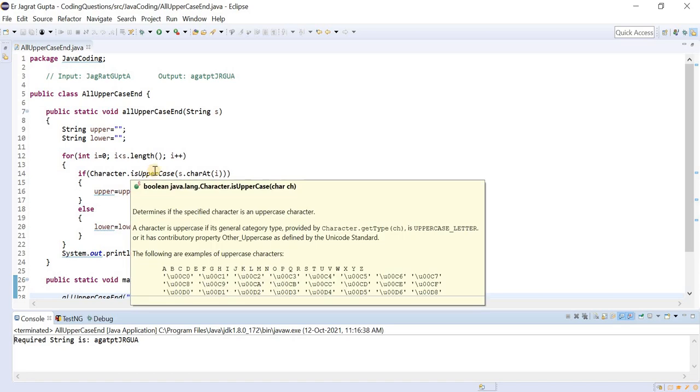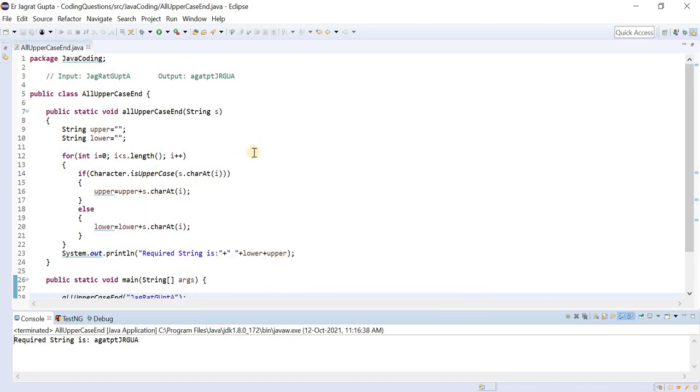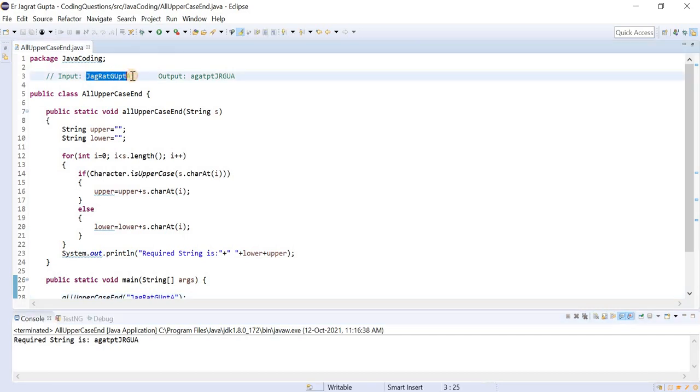Again I am explaining the logic. We firstly create a string variable for the uppercase letters in which I will store all uppercase letters, and one for the lowercase. Then I traverse the whole string, separate all the lower and uppercase letters, and then concatenate those strings. This is my approach.